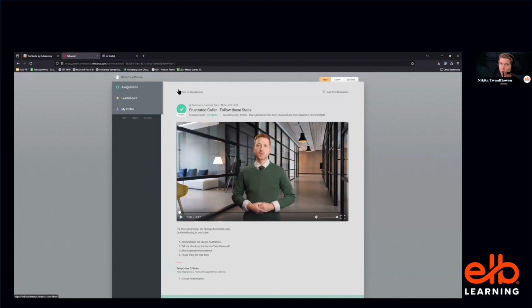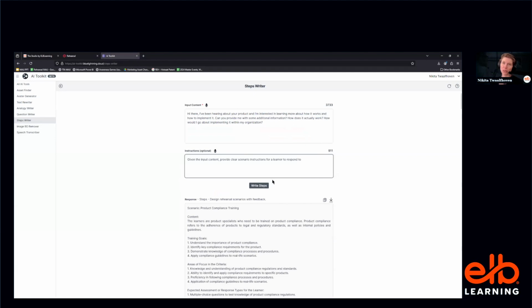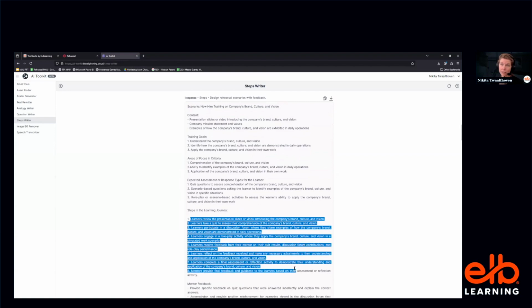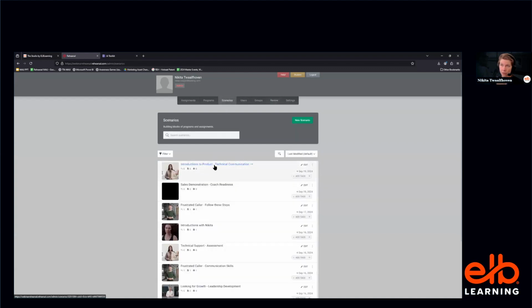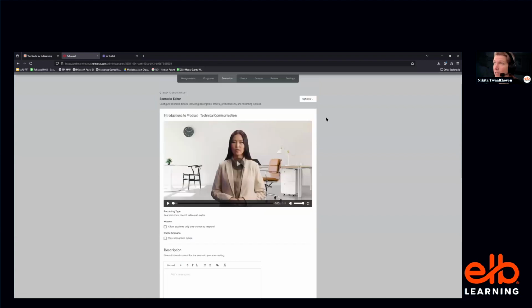And so I guess for this use case, I can keep showing you the responses, but I've just noticed that we're starting to run out of time. So to keep it more concise, I can show you all of the various ways that it's able to answer, ways that it's able to identify learning journey steps. Really play around with these tools if you haven't already done so, because it really is a huge time saver for getting you up and running in Rehearsal. But I guess what I wanted to show you was, for the introduction to product technical communication, we can be very specific here and say,